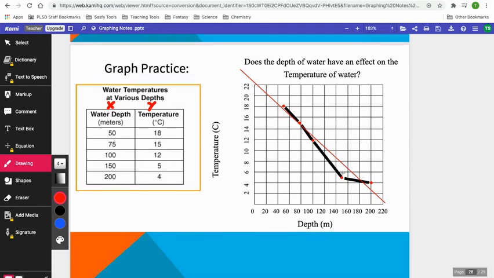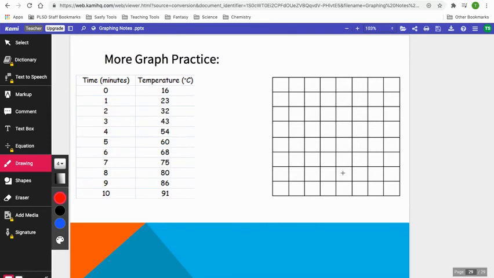Okay. So on your next page, I want you guys to do your own graph. And Mr. Sassby is going to check this the next time you guys are in class. And so again, you have a new set of data and you have a new graph. And make sure you're scaling this graph because it's not 11 squares on each side. Okay, the graph is different. All right, follow your 6 steps. Step 1 is to give a title, in question format. 2 is to tell me my independent and dependent variable. 3 is to scale the graph. 4 is label your axis. 5 is plot the points. And 6, line of best fit. Okay, so go ahead and graph your next graph that's on the back of